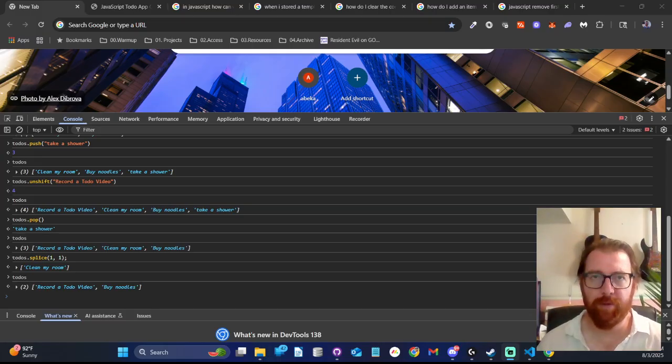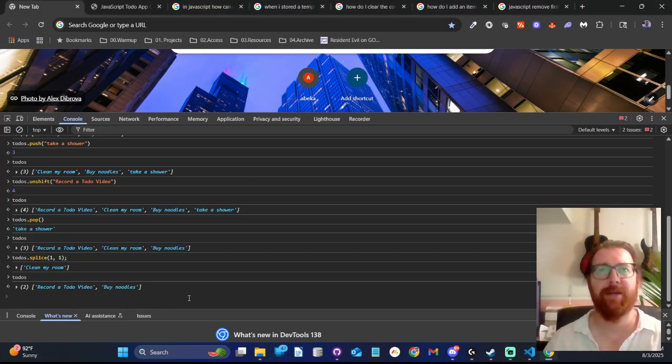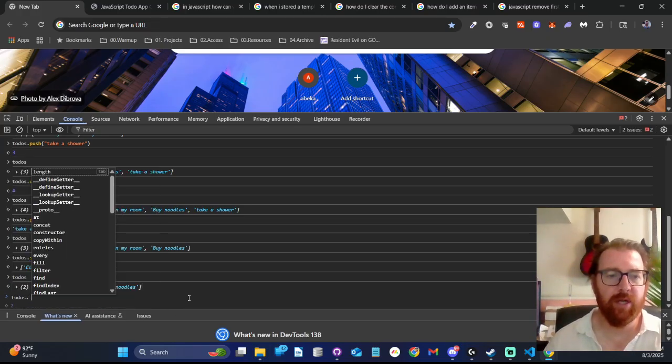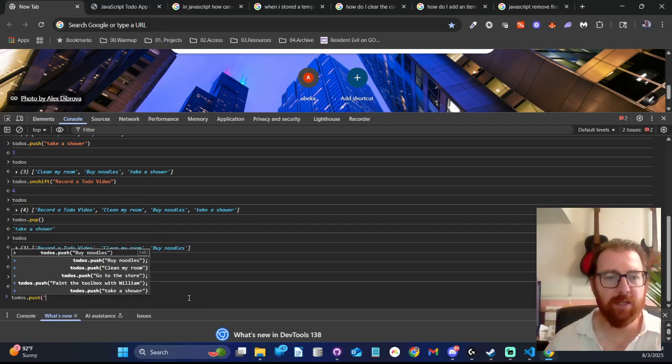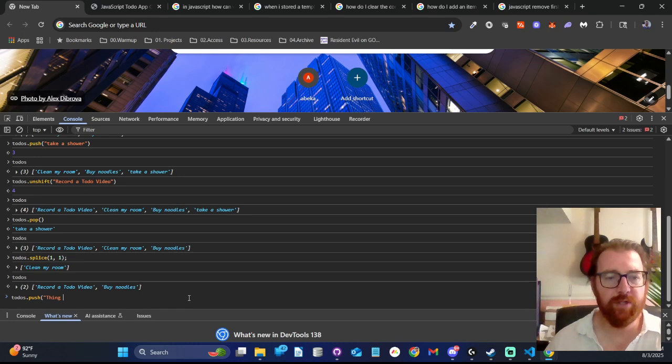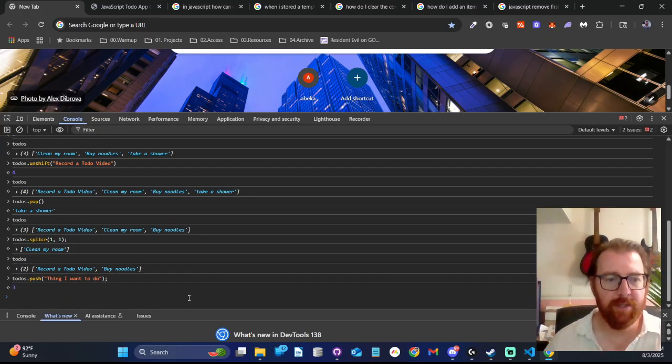It's a very simple example, but let's say right now when we're adding something to this, we have to say to-dos, and then we have to say push, and then we have to say what it is, thing I want to do. And that is going to add something on there. But what I can do is I can create a function